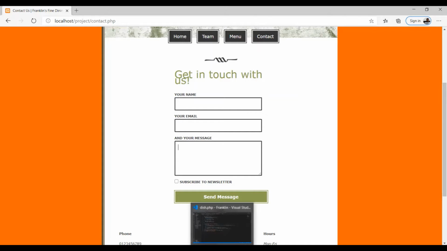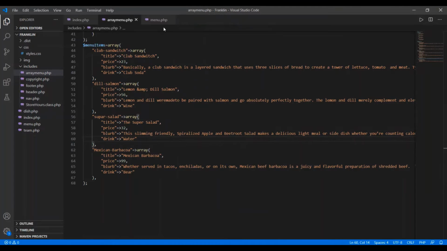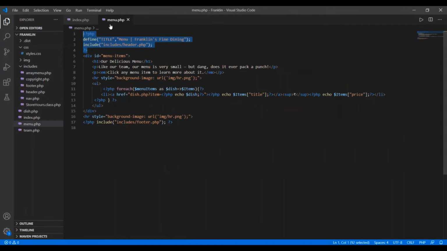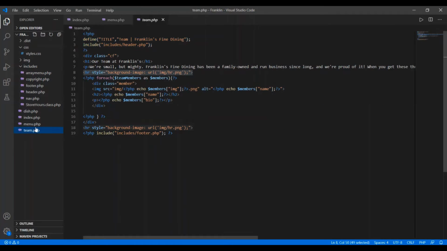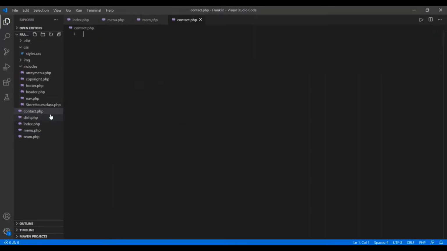So we simply move to our code editor, and here I'm just going to close this dish and theme. Here in the root I have to create one more file, contact.php. First of all, in this file I have to include my header files.